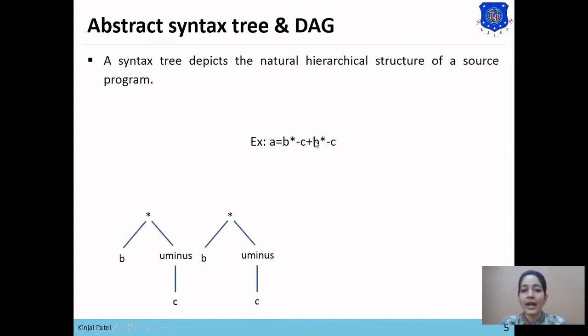Now we want to add these two sub-expressions, so plus will be computed for these two expressions.